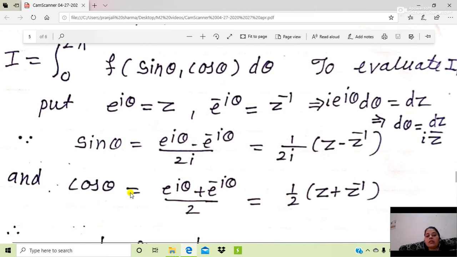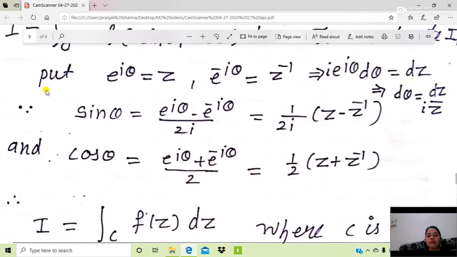Since cos theta is equal to e to the power i theta plus e to the power minus i theta upon 2, e to the power i theta can be replaced by z and e to the power minus i theta can be replaced by z inverse. So, cos theta can be replaced by half of z plus z inverse, or half of z plus 1 by z. So, the integration can be transformed into